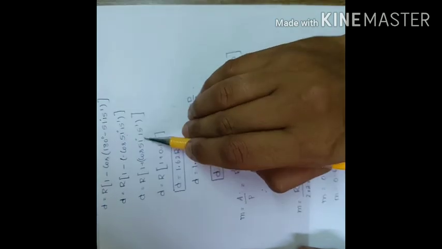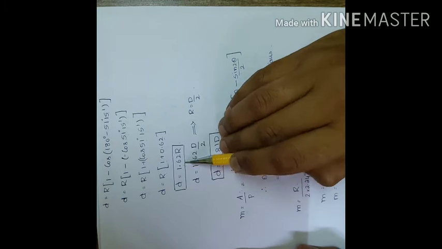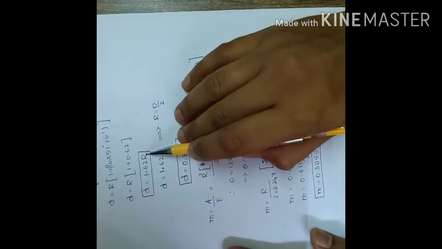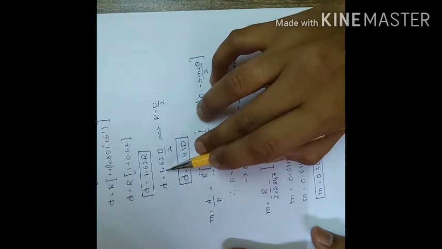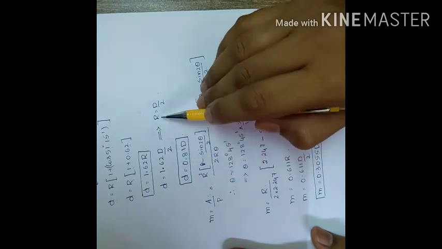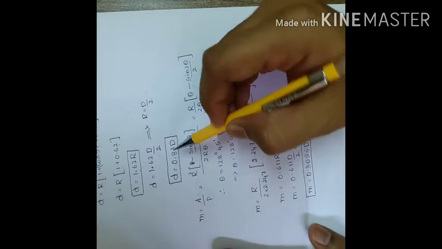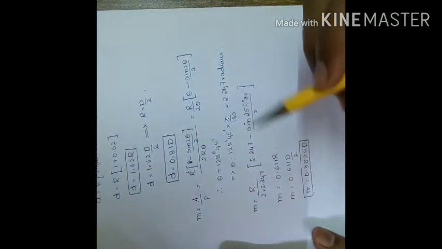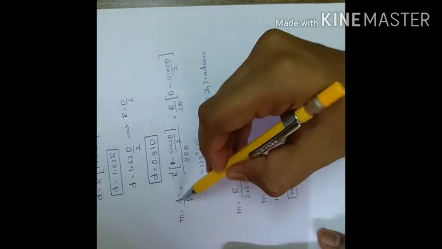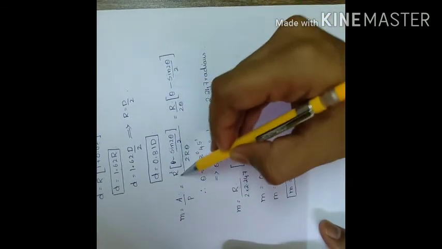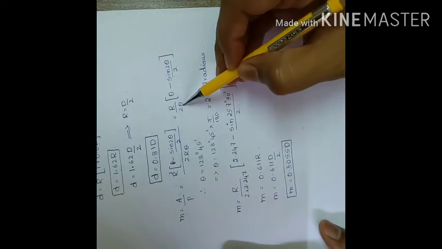So d is equal to, calculating this value, I'll be getting r into 1 plus 0.62, that is 1.62. So converting r in terms of diameter, that is d by 2. So d is equal to 1.62 into d by 2, where r is equal to d by 2. So therefore, for maximum velocity the depth is 0.81 d. Next one. Now considering m is equal to A by P. So area is the formula written, P is the wetted perimeter, cancelling this r we will get this value.